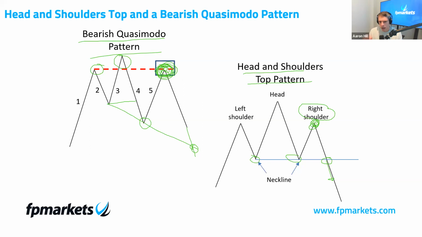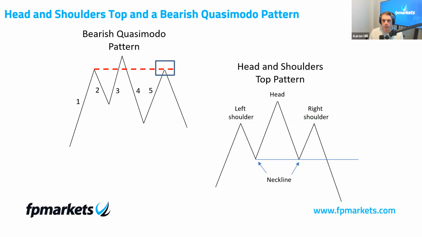Okay, so we have a question: how to determine TP in the QM pattern? So there's no traditional take profit objectives with the QM. It comes down to your experience. I'll show you how I look at things, and maybe you can take something from that. But it's not like the head and shoulders pattern where you take the distance between the head and the neckline and then extend this by the range from the neckline breakout point. It's not the same as that. So there's not a traditional take profit objective for the QM.